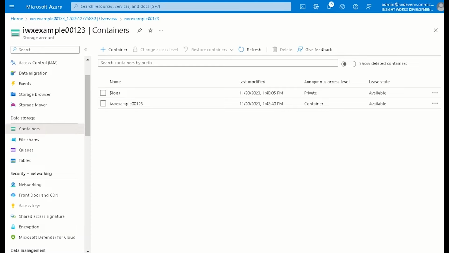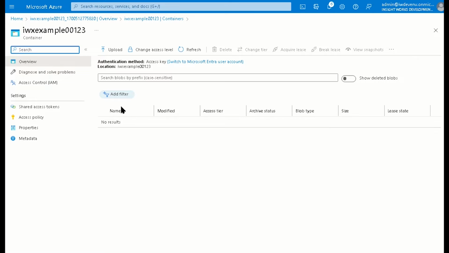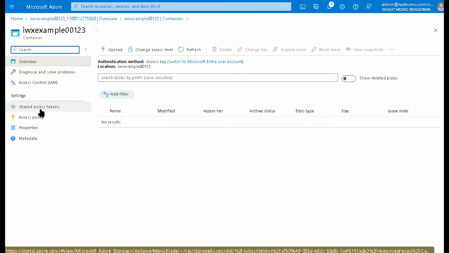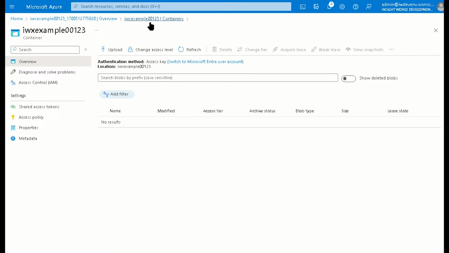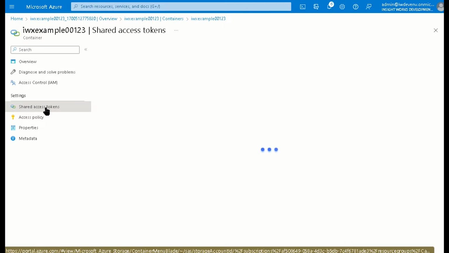All right, so far we have an Azure Blob Storage account, and in there we have an Azure Blob Storage container. Now the next step is to get an SAS token, which is called a shared access token. So we navigate into the container and go into shared access tokens.